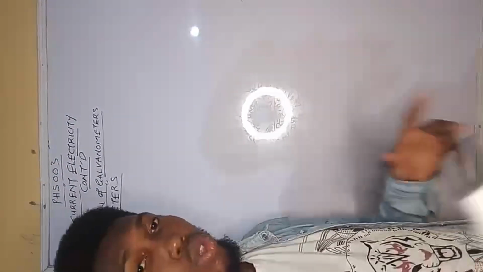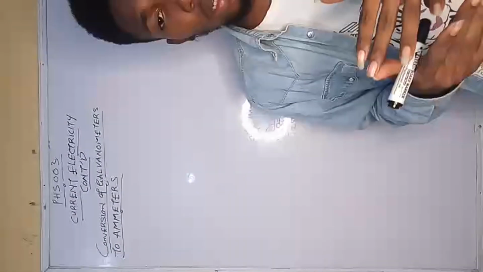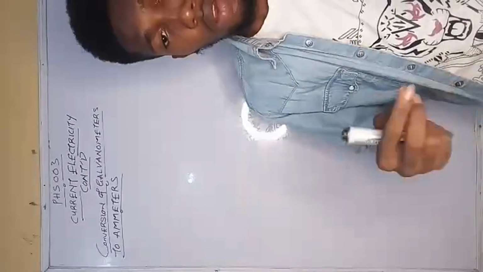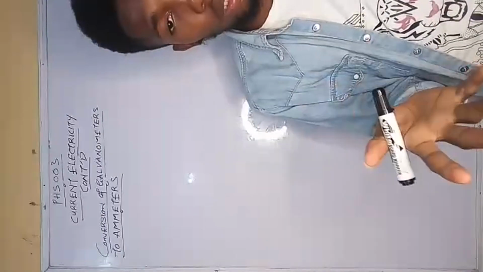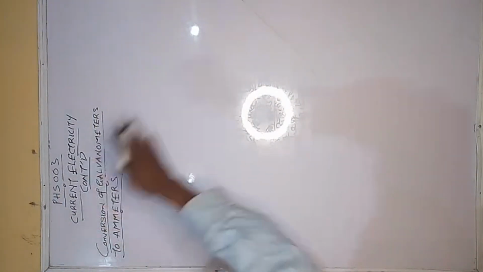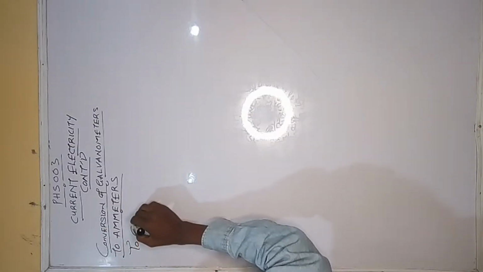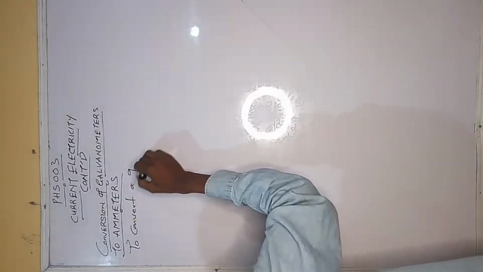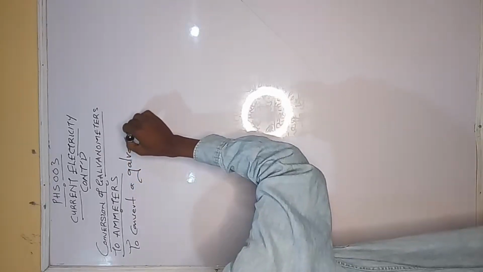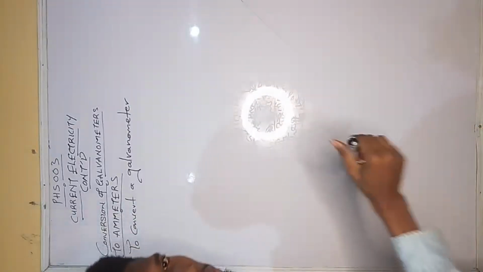To convert a galvanometer to an ammeter, all you have to do is connect a low resistance resistor in parallel with the galvanometer. So that's how to convert the galvanometer to an ammeter. You are saying to convert a galvanometer into an ammeter